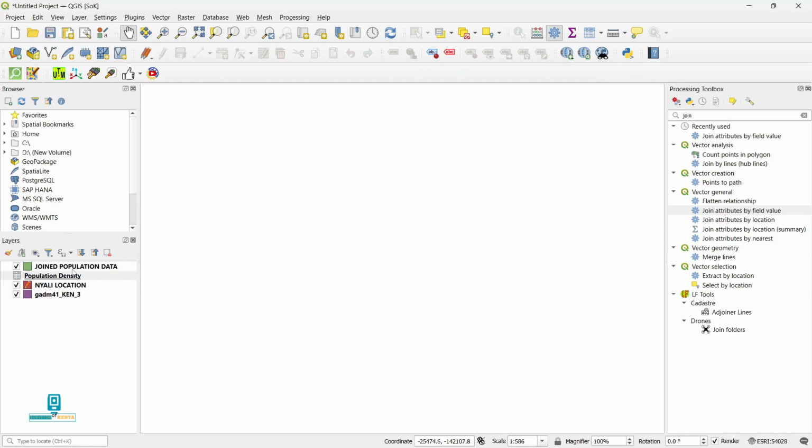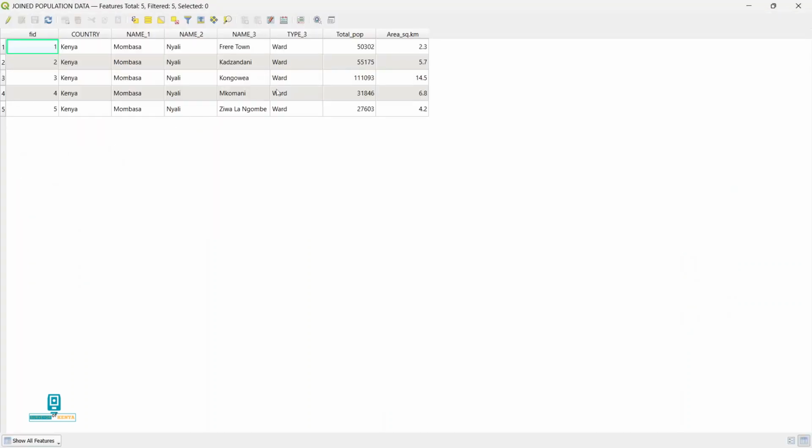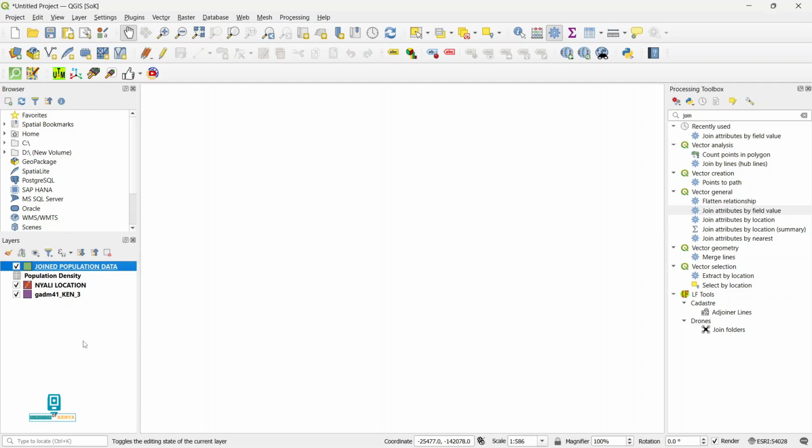Close. If I was to open the attribute table of the new joined population data, open attribute table, you can see that the total population data and the area per square kilometers data has been added to the fields describing the NYALI location shapefile. That is how you do it, and that is how you move data from an Excel file into a vector layer in